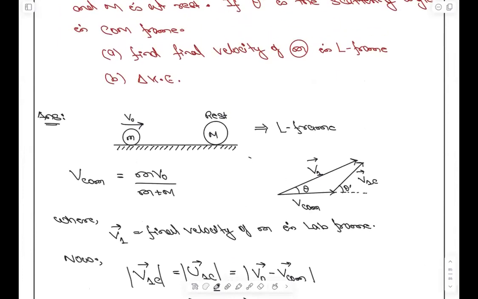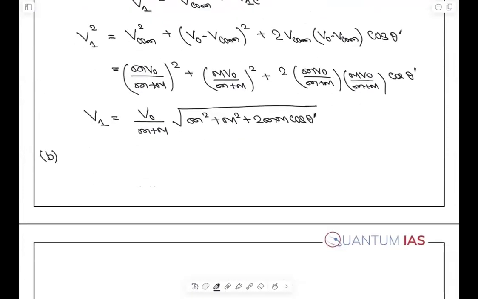Coming to the second part of the question B, they are asking delta ke. From the delta ke also you can understand whether it is an elastic collision or not. If delta ke is equals to 0, we can say it as a, क्या बोलेंगे इसको, इलास्टिक कोलिजन. तो देखो है या नहीं है, तो delta ke is equals to half mv square minus half mv naught square, यही तो होगा, फाइनल माइनस इनिशियल, फाइनल क्या है, इनिशियल क्या है, माइनस करो दो कितना आ रहा है,